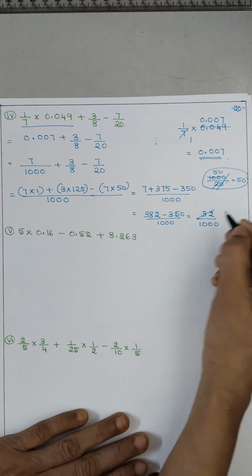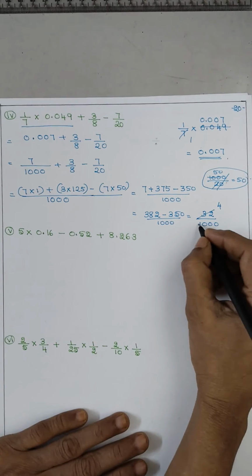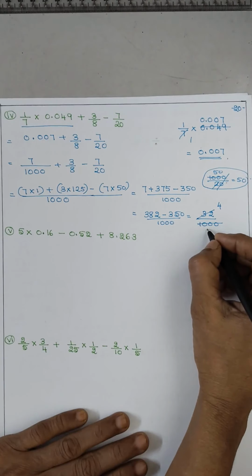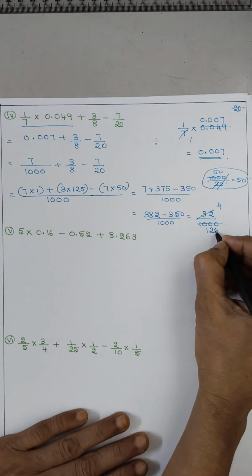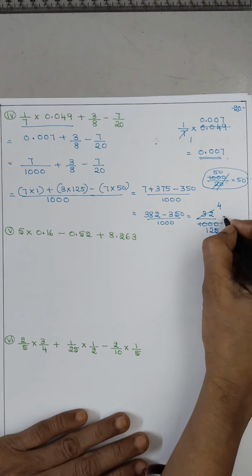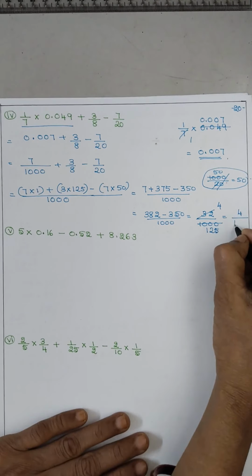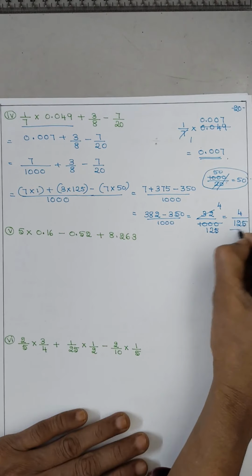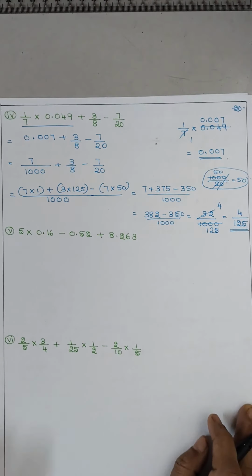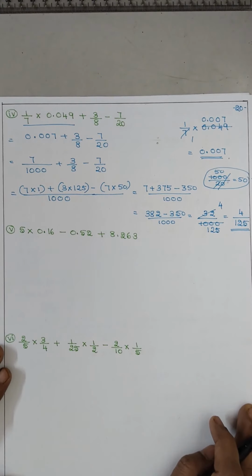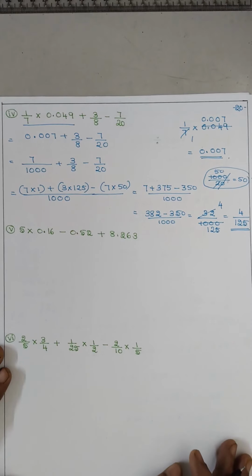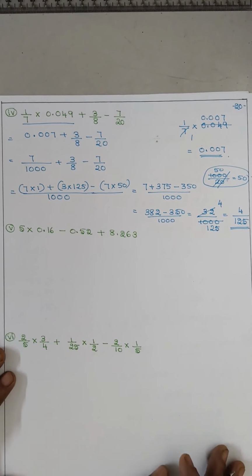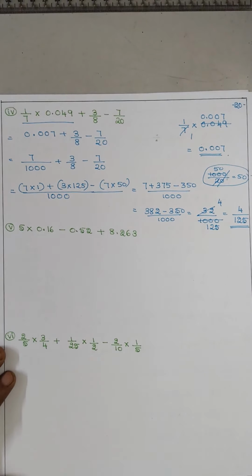भी 8 का टेबल में 8 4s are 32, 8 125s are 1000, isn't it? So the final answer 4 by 125. थोड़ा ये सम्स में प्रैक्टिस चाहिए, दो बार इसको सॉल्व करो, देन इट विल बी इजी. ओके, लिटिल बिट टफ टॉपिक.